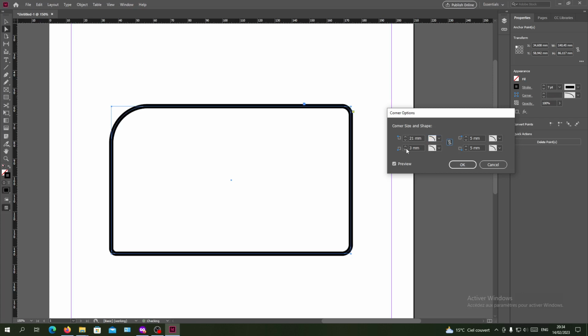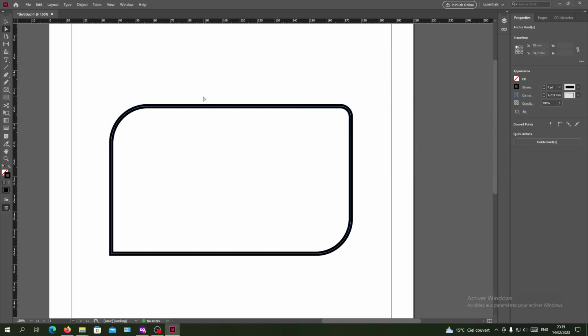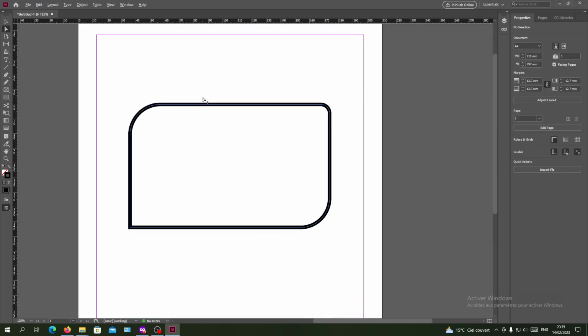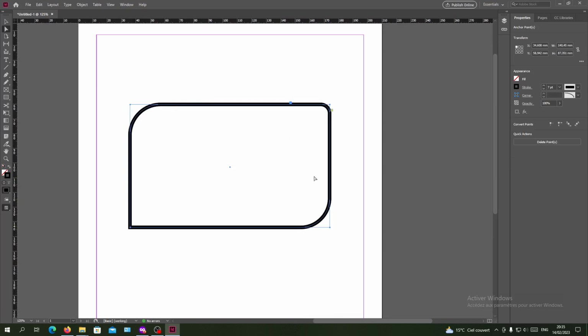And let's make this a 0 corner and have this one, for example, like that, and have this one more than them. And then you will need to click OK,